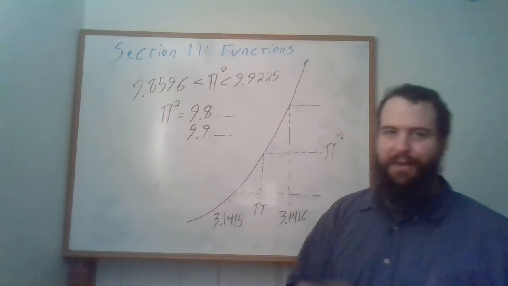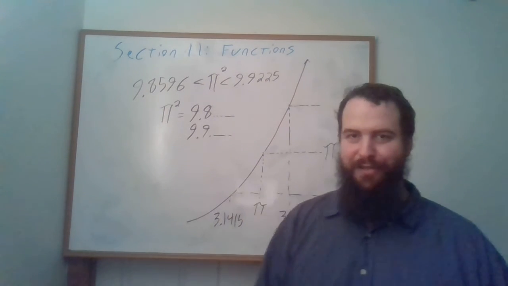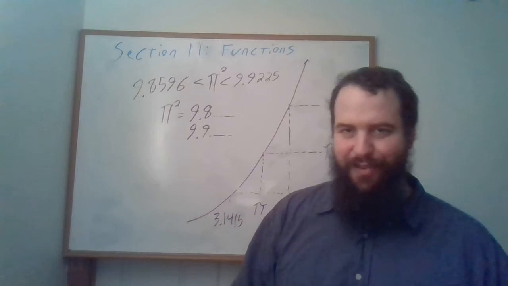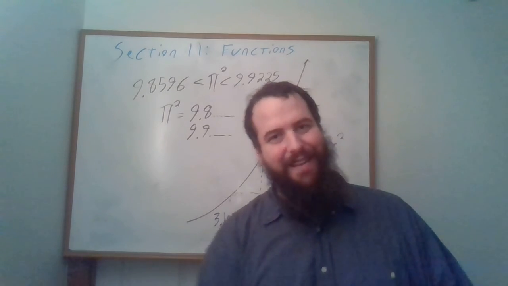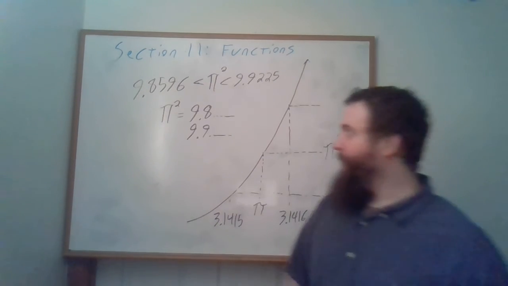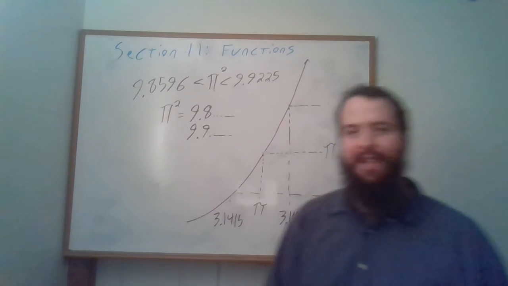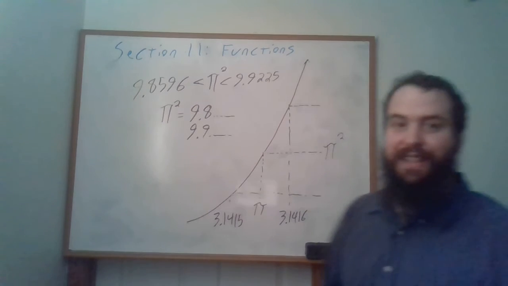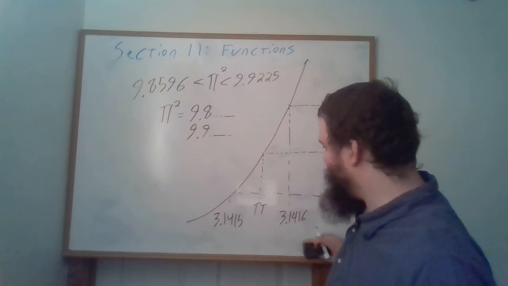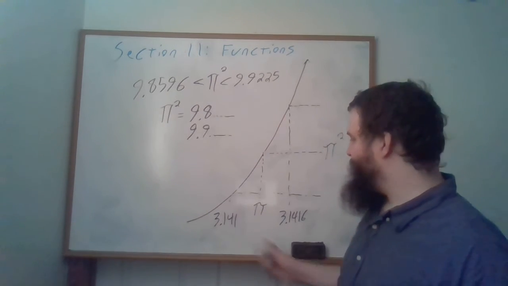That isn't something that you can go out and share with your mathematician friends. Oh, I calculated the digits of pi squared, and they say, well, how many digits of pi squared did you calculate? And you say, well, I know the first one. That's not really exciting. And so maybe you get really excited and you say, well, okay, let's add a bunch more digits. Let's say